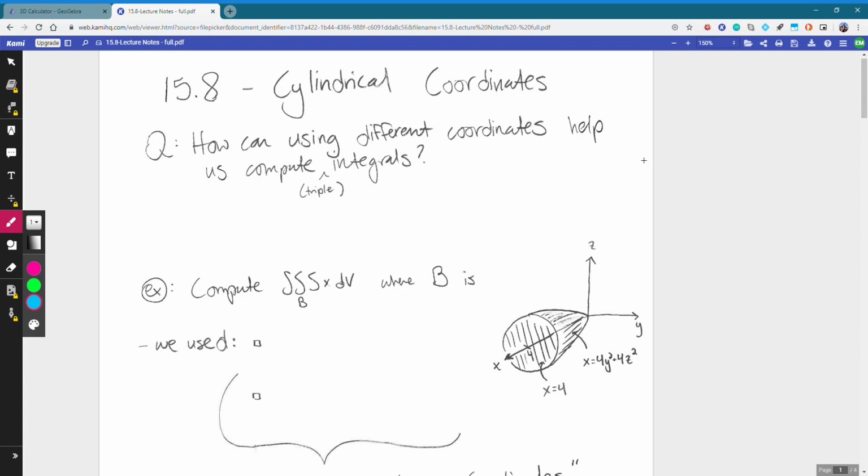Welcome back, everybody. Today we're going to be looking at 15.8, asking a question that we've asked before: how using different coordinates can help us compute integrals. But in our case, we're going to think about triple integrals. In double integrals, we've thought about how to give different sets of coordinates to the plane to help us out. Here we're going to think about